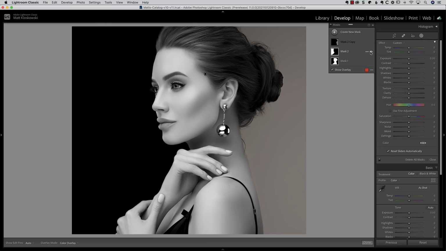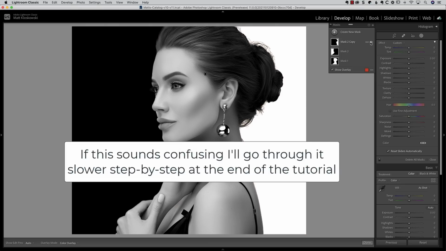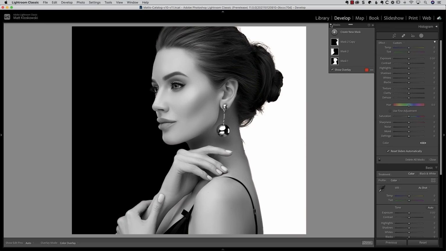So now I can control the background, and I can subtract from the background with, say, the graduated filter and turn half of the background to black. I can then duplicate that selection layer, invert the whole thing, and now I can turn the other half of it to white. And I do this with no Photoshop, no selections, no brushing, go from this to this, all